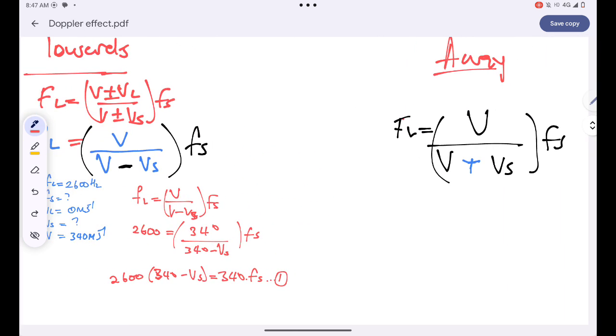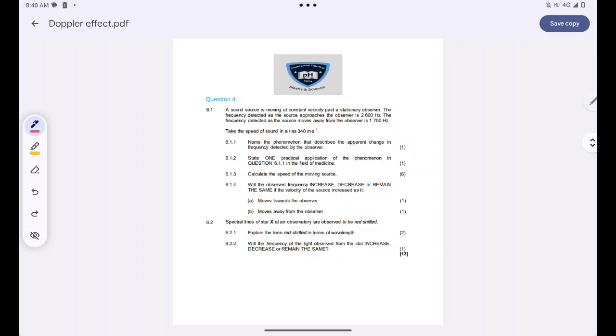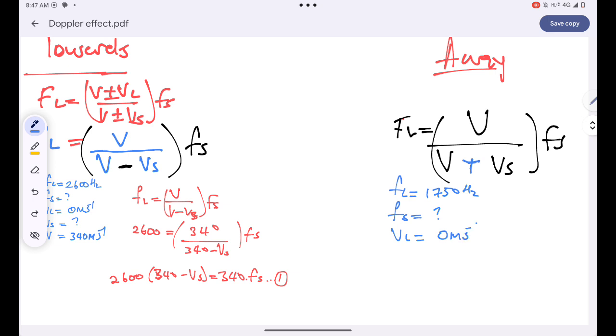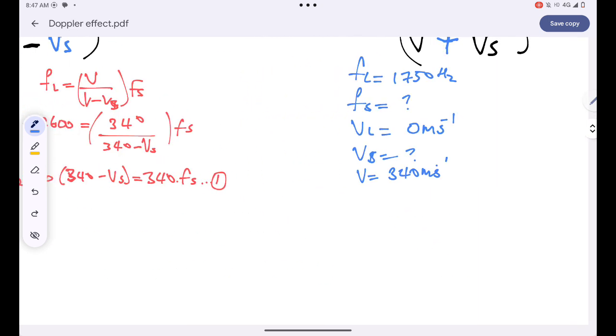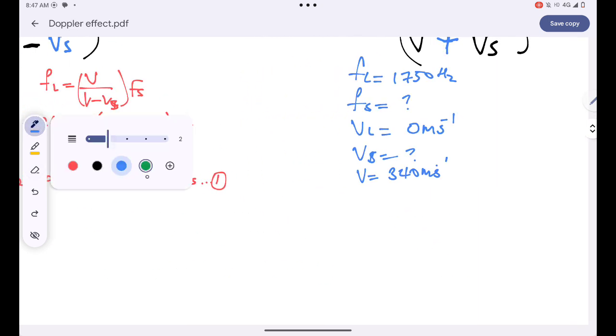And then now let's focus on the away information. The frequency of the listener is 1750 hertz. It was given to us. We don't know the actual frequency of the source. We know that the listener is stationary, so their velocity will be 0 meters per second. We don't know the velocity of the moving source, and the speed of sound is just 340 meters per second. From this information, we can declare that